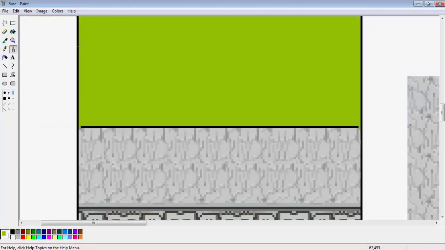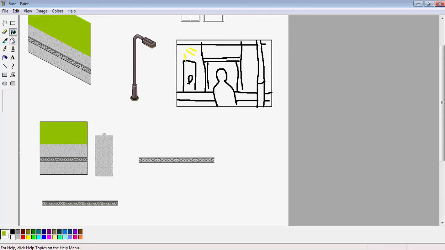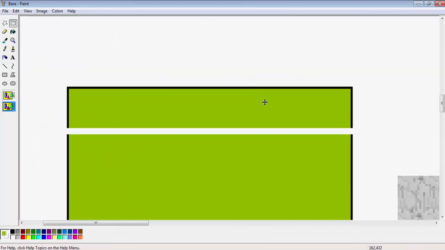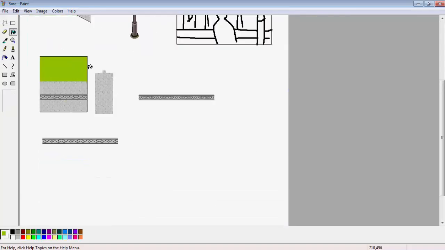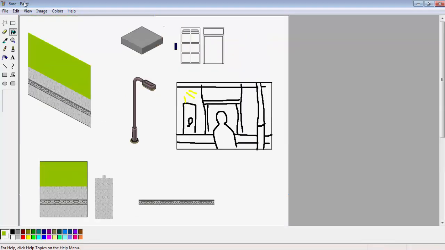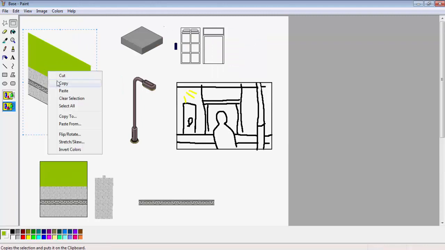Okay, as you can see, remove all the black lines, and then I think it should be higher. As you can see, now we've done the replica of the wall. Now we are going to take the wall from the game, copy,